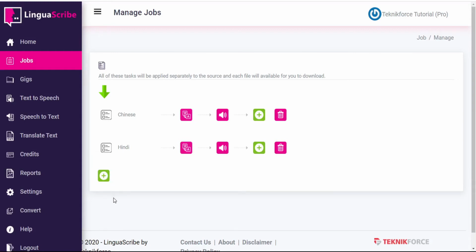And that's going to vastly multiply the size of our audience that we're able to reach with our marketing campaign. But for the sake of this tutorial, let's just stick with these two for now. So now we have this set up as a job template. When we run this job, we'll input a source file, and LinguaScribe will automatically apply each of these chains to our source file. And then the end results, the text translations, and the audio will both be available for us